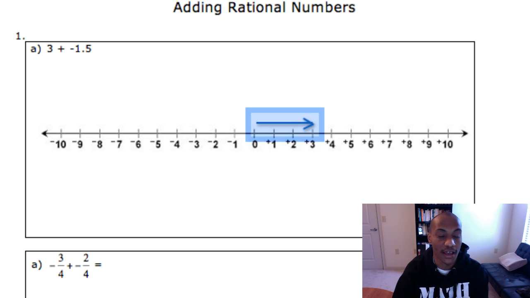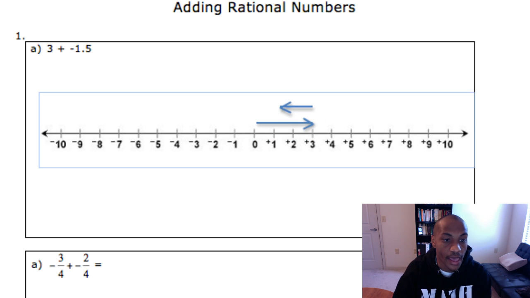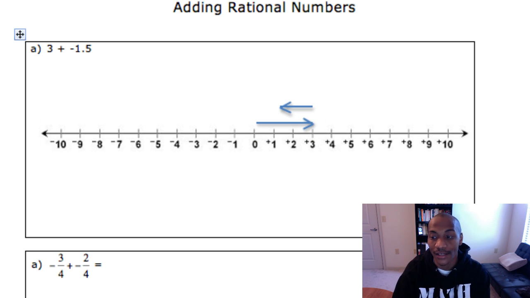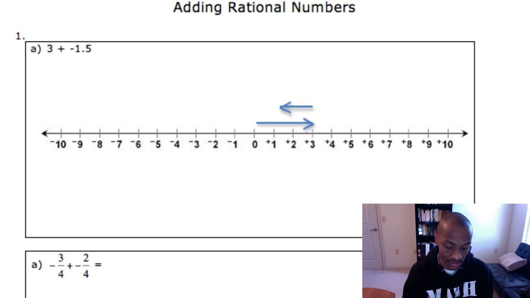So we're going to move to the left 1.5 spaces, and we end up right there. We're ending up right here at positive 1 and 1/2. So we write 3 plus negative 1.5 is equal to positive 1.5. All right, now to double check and actually do the math, we're going to do